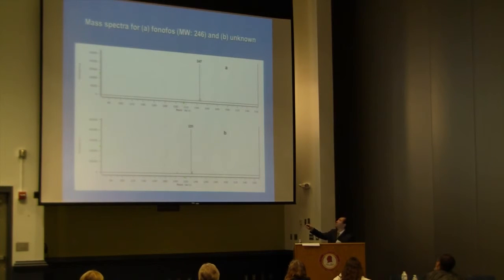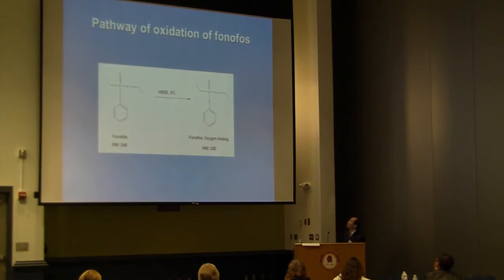This is the phonophores, with a molecular weight of 247, and then by comparing their difference in molecular weights, we propose that the anode compound is the phonophores oxygen analog,